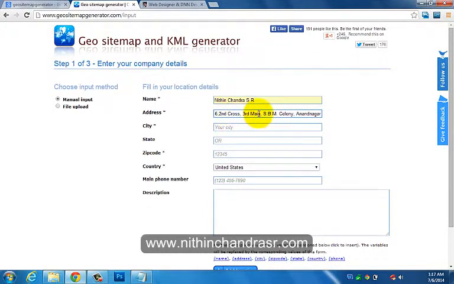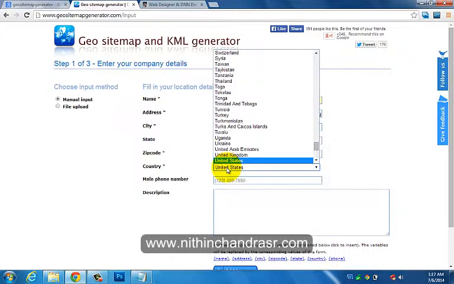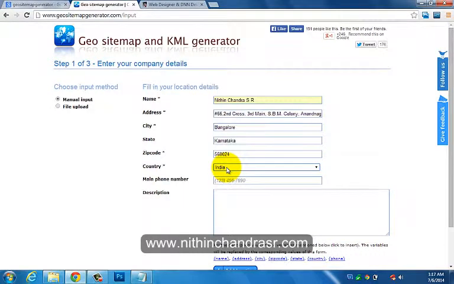I'm adding my address over here, and city, Bangalore, state as Karnataka, zip code as 6004, country as India. Phone number is the optional one.